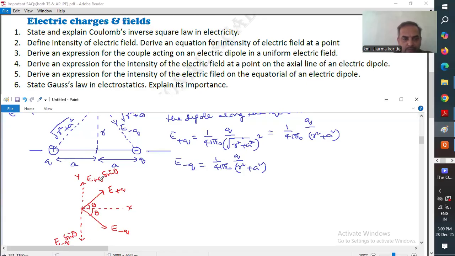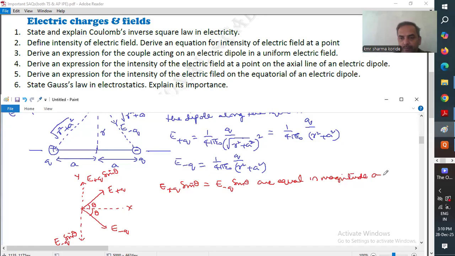Since the magnitudes of both E plus Q sine theta and E minus Q sine theta are the same, acting in opposite directions, the component of electric field intensity due to the positive charge is equal to the component of electric field due to the negative charge, equal in magnitude